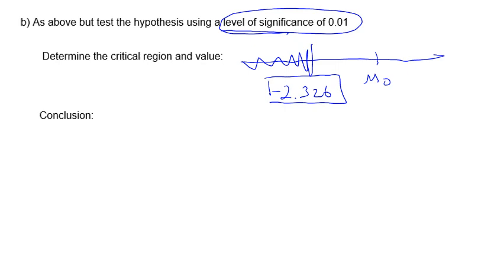So it makes it harder for the sample mean to be out that far. So in this case, we're not going to reject because our test value is still the same, and our test value will be somewhere up in this region. So our conclusion is we do not reject